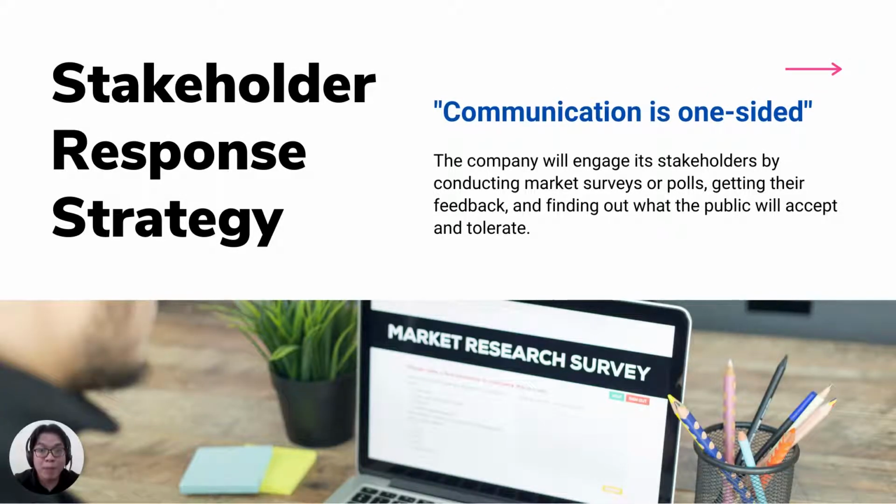In stakeholder response strategy, communication is one-sided in favor of the company. The company will engage its stakeholders by conducting market surveys or polls, getting their feedback, and finding out what the public will accept and tolerate. This is an evaluative mode that may influence the decision makers, but it is still up to the decision of the senior